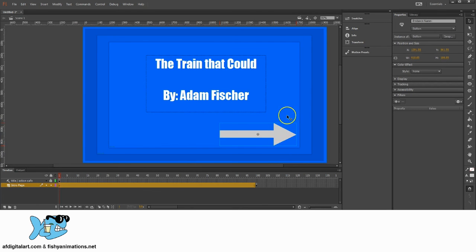Now, if you're noticing in my little animated demo I showed you, the button was able to actually turn colors when you hovered over it. So in this case, what I can do is get in there and modify my button. What I want to do first is double click this